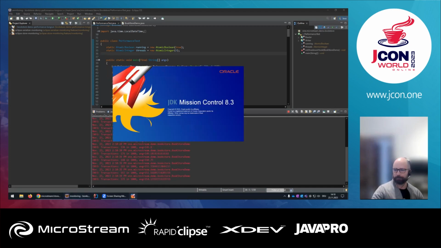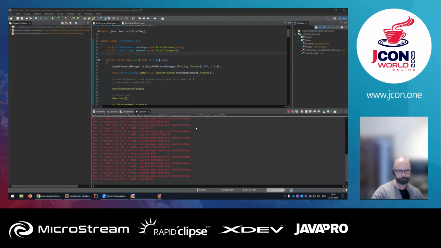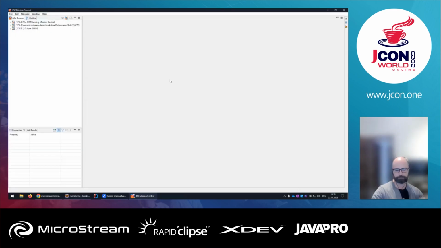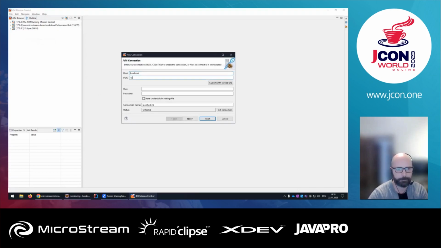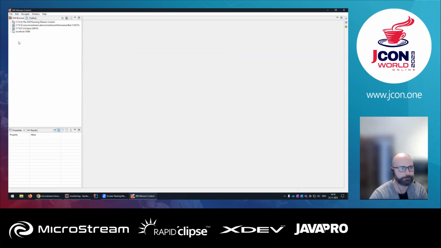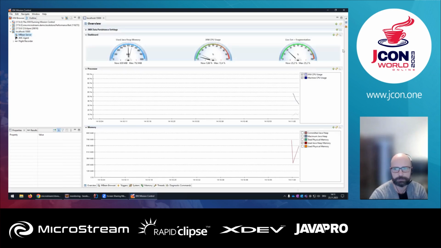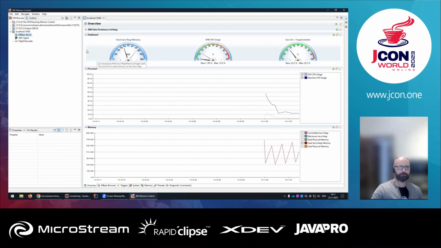And I can show it here with JDK Mission Control, for example. It's a tool from Oracle. It's free to use, but you can use every monitoring tool of your choice because we use the management extensions here. So let me connect to my application, and the management bean server view provides different data which is interesting. The JDK itself